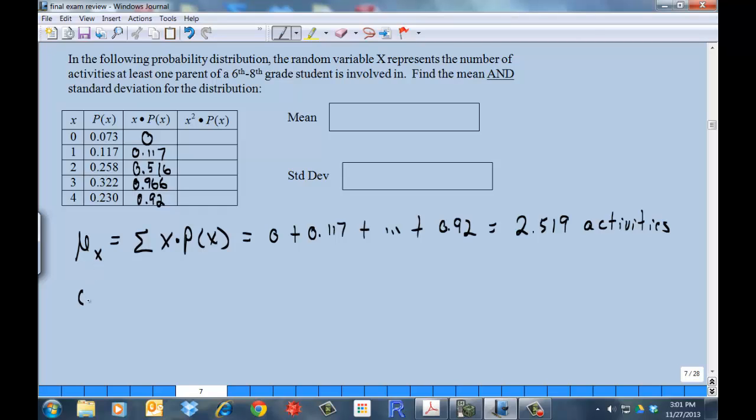So let's write down the formula for the variance first, which is the sum of x squared times p of x minus the mean mu of x squared. So that tells us we have to get this second column over here. So what we're going to do is square x and then multiply times p of x. So 0 squared is 0 times 0.073 gives us 0. Here we get 0.117. 2 squared is 4. 4 times 0.258 is